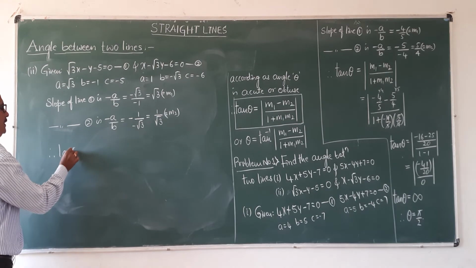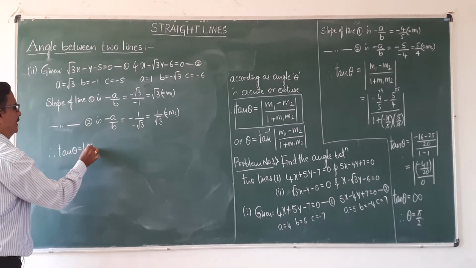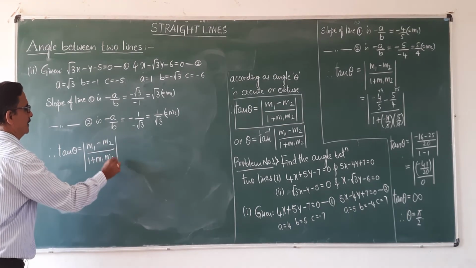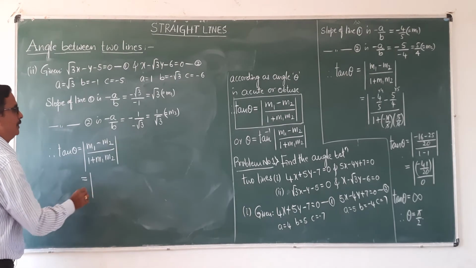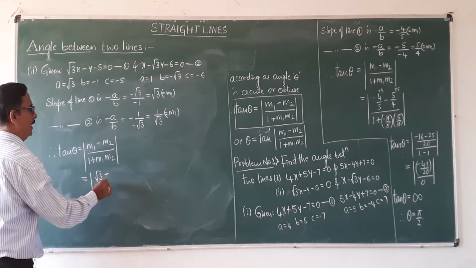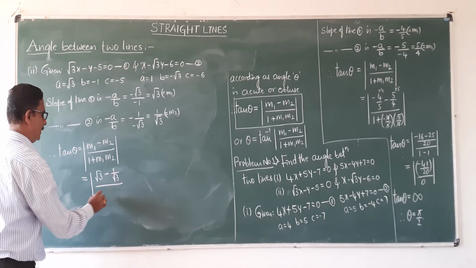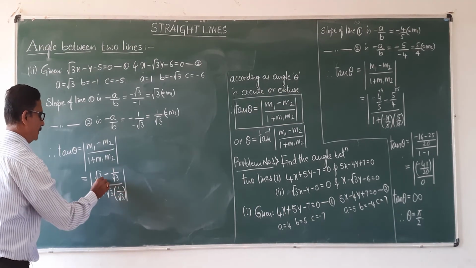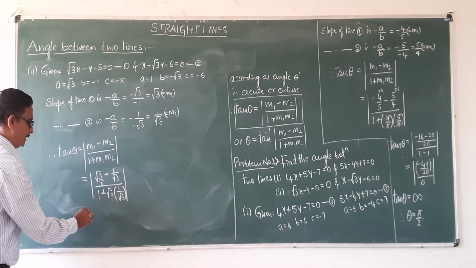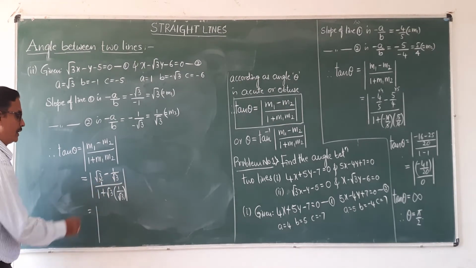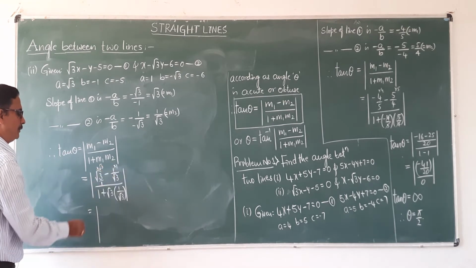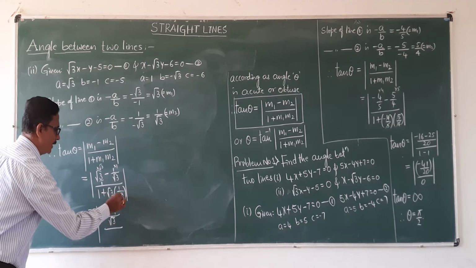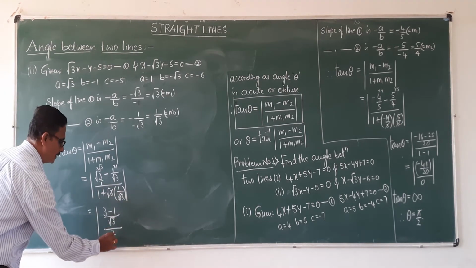Therefore, tan theta is equal to, you know the formula, what is that? Modulus of m1 minus m2 divided by 1 plus m1 m2. Substituting the value, m1 value root 3 minus m2 value 1 by root 3 divided by 1 plus m1 is root 3, m2 is 1 by root 3. Right? So in the numerator, take the LCM. LCM of these two is root 3. Here multiply by root 3. Here multiply by 1. Root 3 into root 3, 3 minus 1 divided by root 3, whole divided by root 3 cancel. 1 plus 1,